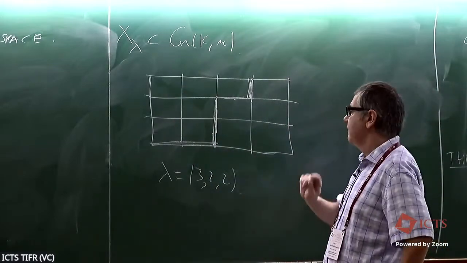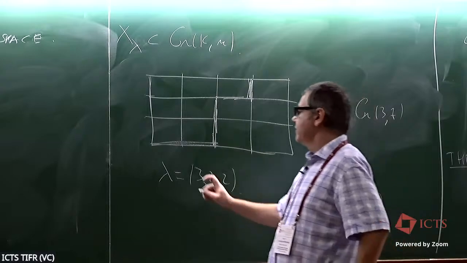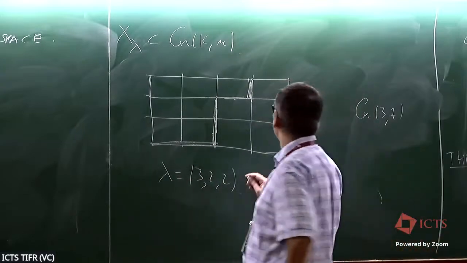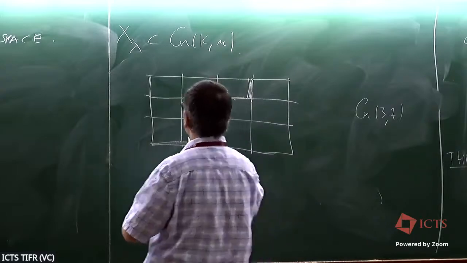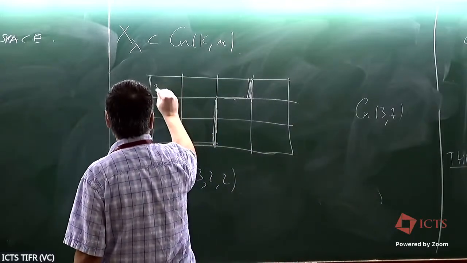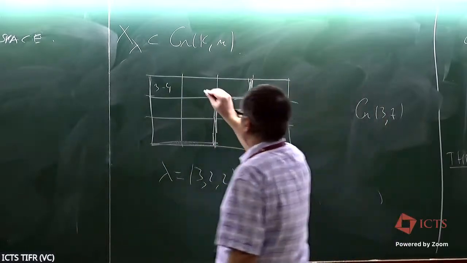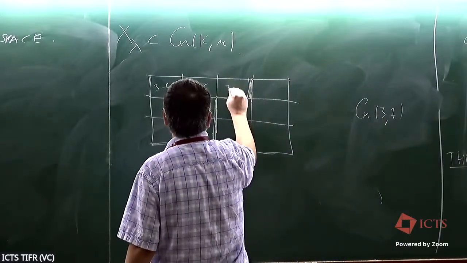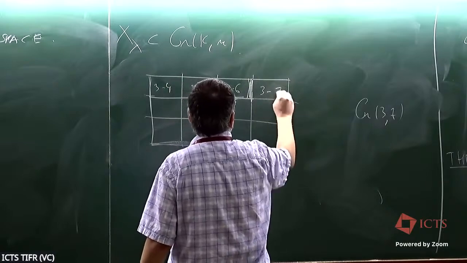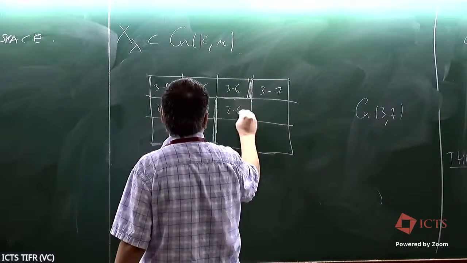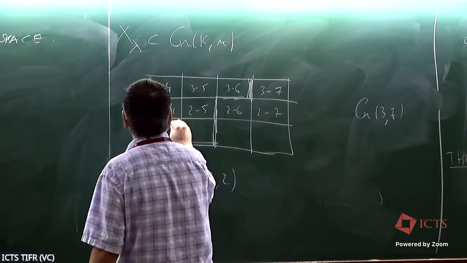You can read a lot of combinatorics out of this picture. For example, you can read the inversion set of the Weyl group element which corresponds to lambda. And this is how you read it. So we are in Gr(3,7). We have the simple root here, which I'm going to write e3 minus e4. And I don't want to write e, so just 3 minus 4. Then 3 minus 5, 3 minus 6, 3 minus 7, 2 minus 4, 2 minus 5, 2 minus 6, 2 minus 7, and so on.